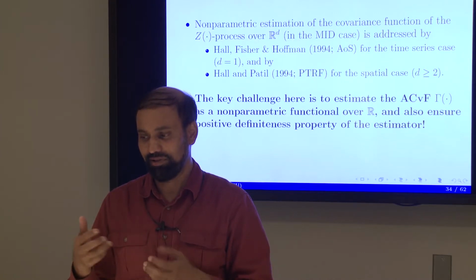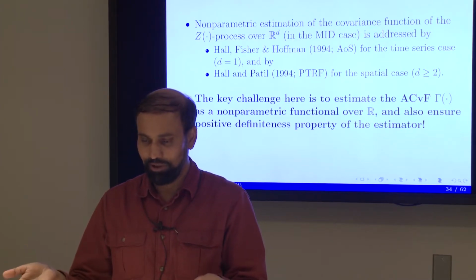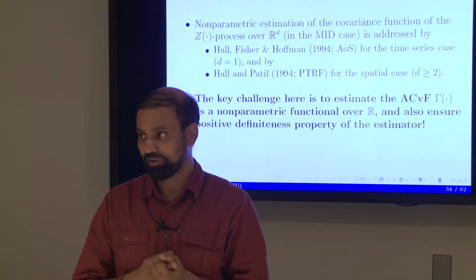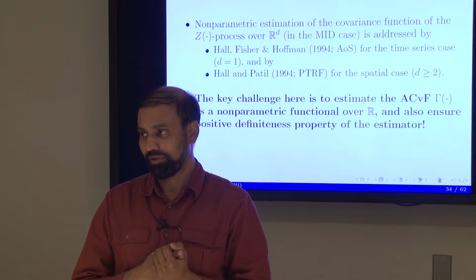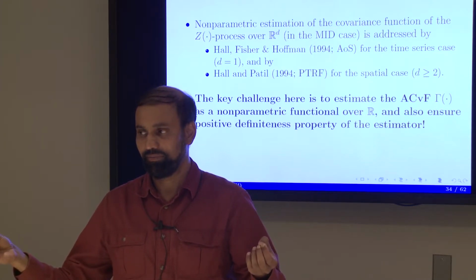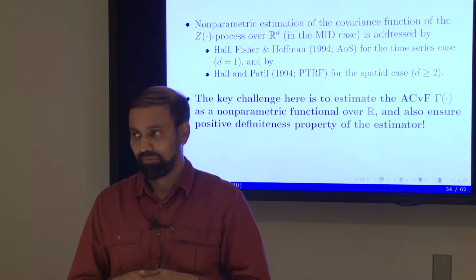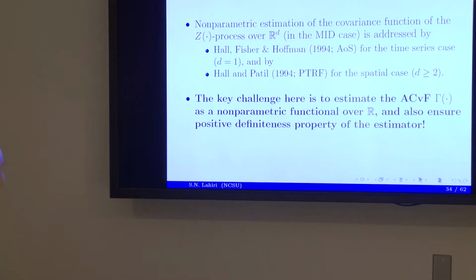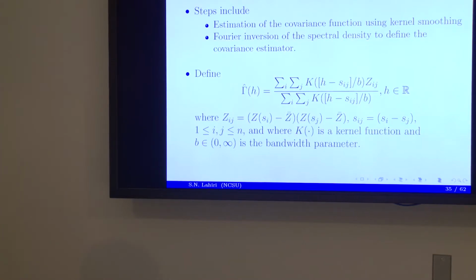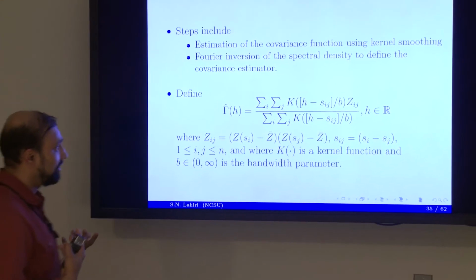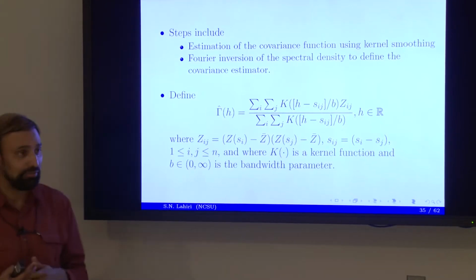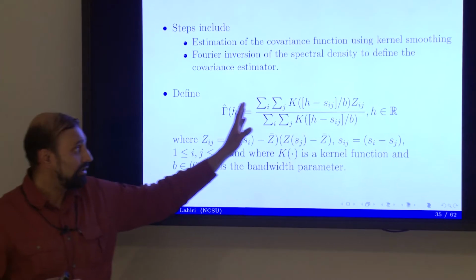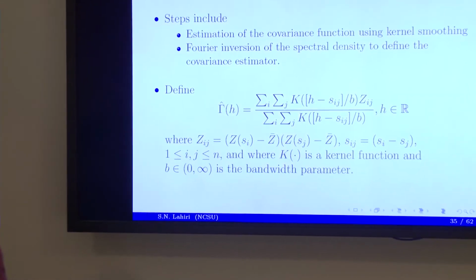You use a bandwidth, it's n times h, that's the local order of the points corresponding to a particular value of the functional. And h has to go to 0, otherwise the bias is non-trivial. But something strange happens here. So we'll proceed as if we are again trying to estimate this function gamma using this kernel smoothing. Okay.